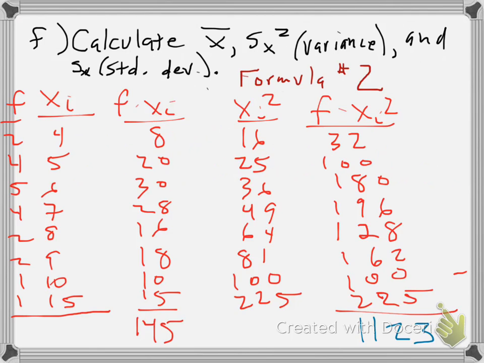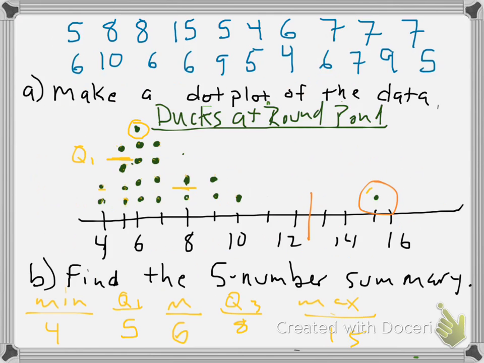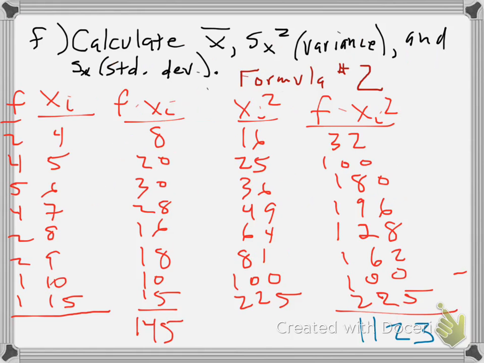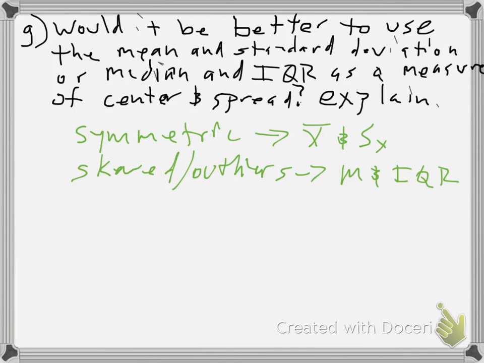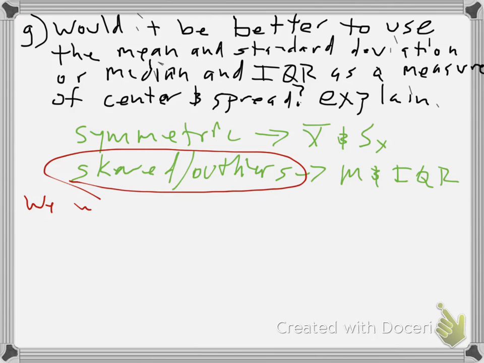Well, which one is it? Let's look. I think we already recall we calculated an outlier. And even though the distribution does look somewhat symmetric, kind of, if we don't include the outlier, once that outlier's in there, it is so far skewed, and you know, the outlier tells it all. So it's skewed, it has outliers, so we want to use the median and IQR